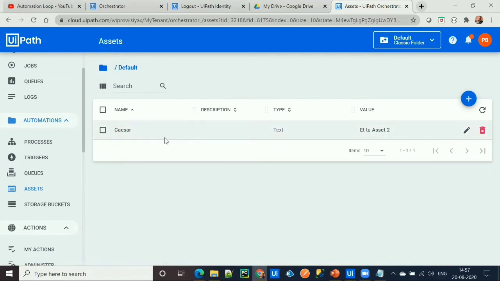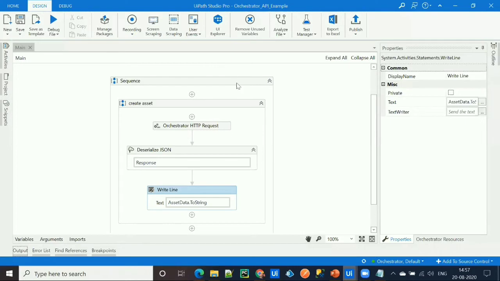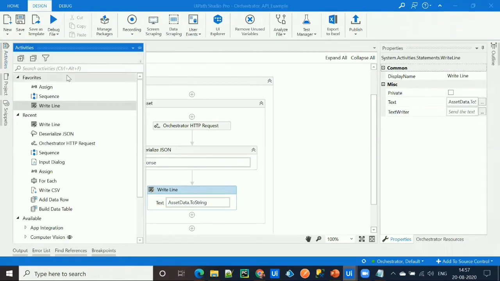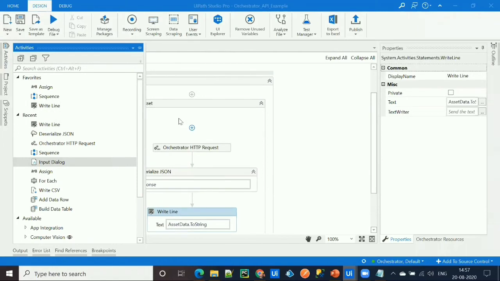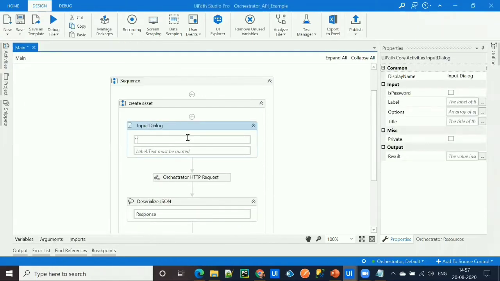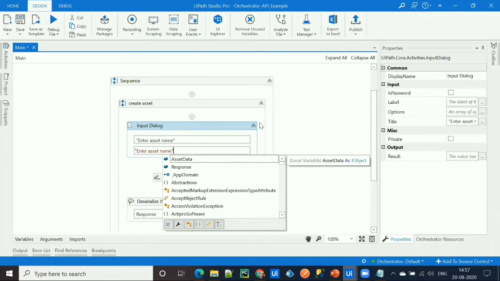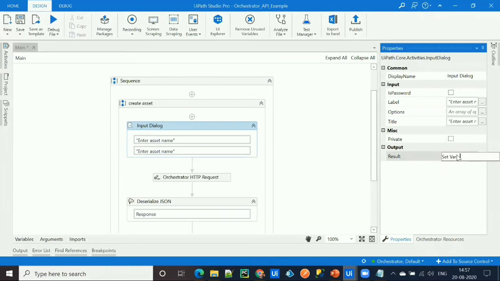So to make it more dynamic, we can also ask a user to enter a name and the value of the asset. So let's try to do that. What I'll do here, I'll simply ask a user by prompting it: enter asset name, and I'll store the input in the asset name data item.